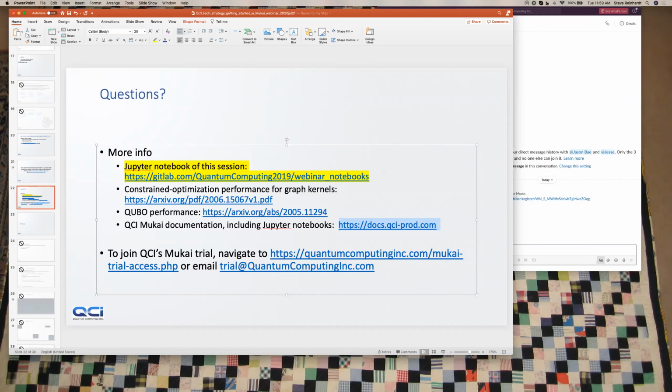Can Mukai handle continuous variables or only binary ones? Explicitly, we only deal with binary variables. Obviously, you can collect a few binary variables and make a small scale integer. That's fairly straightforward.